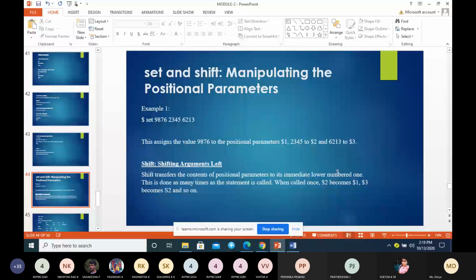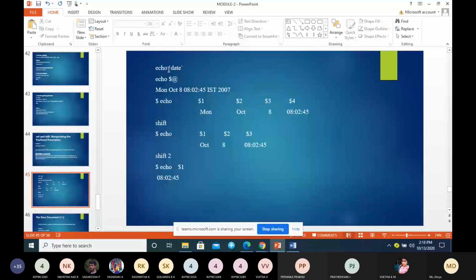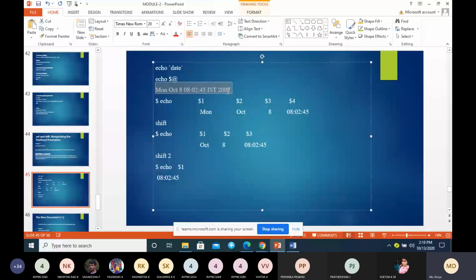See here, we are executing the date command. So we are getting the date result. When we give echo $1, $2, $3, here I have given more space only for understanding purposes.